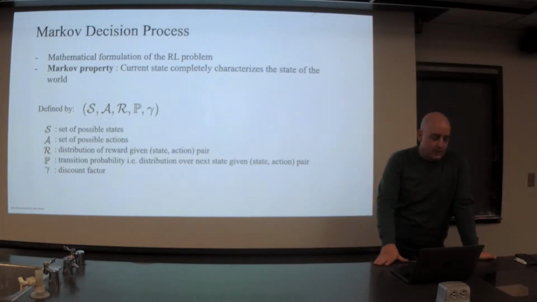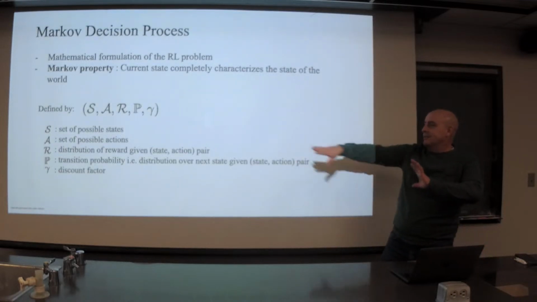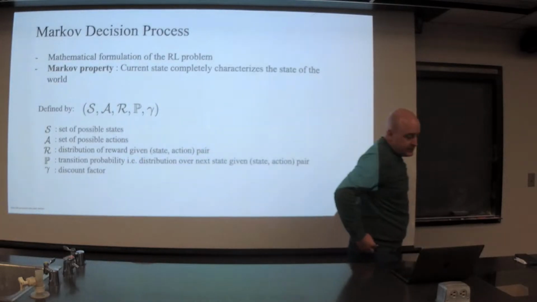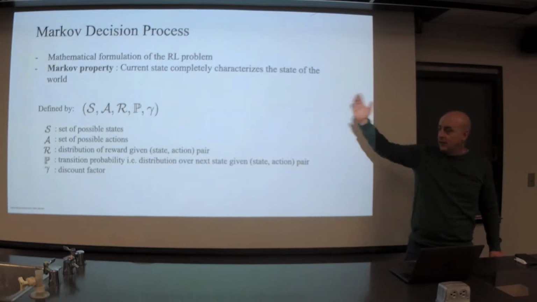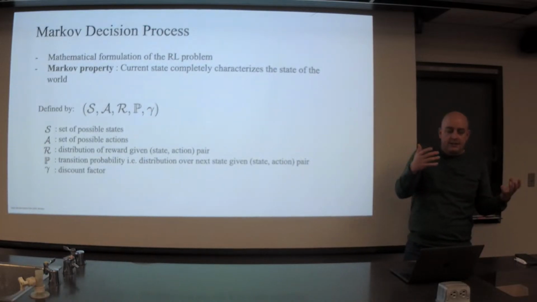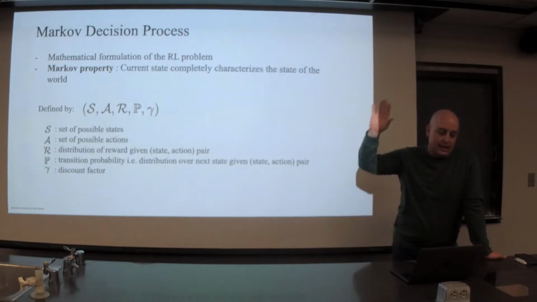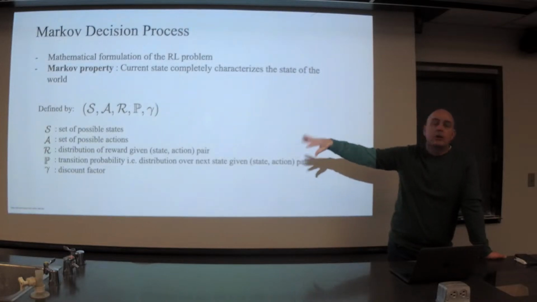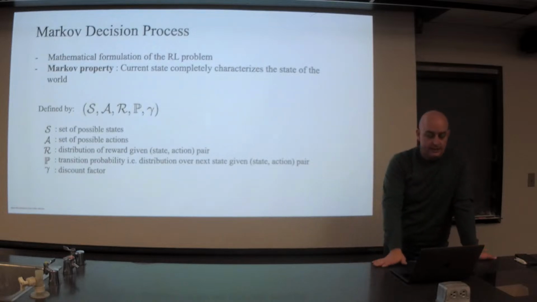And think about Go. Think about more complicated video games. What you need is some way of describing all of those possible states. Even if it's complex, even if there are way more than you can possibly enumerate, as long as you have some way of describing each state, then we're good. So you need a set of all your possible states, and then a set of all the possible actions that you can take in each of those states. So like the union over all the possible actions from each state.